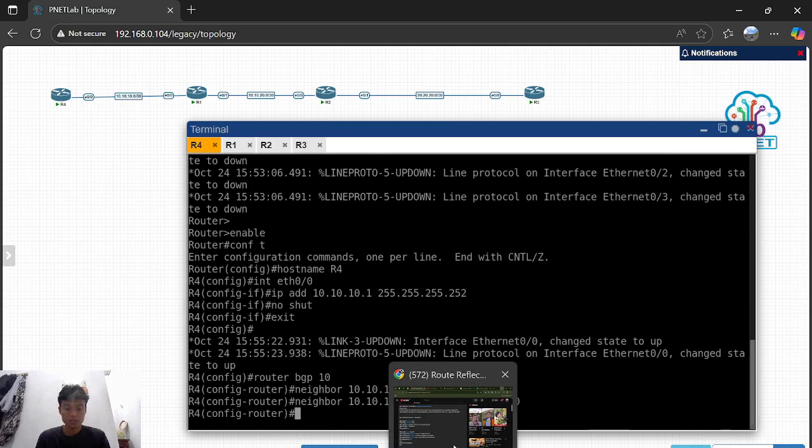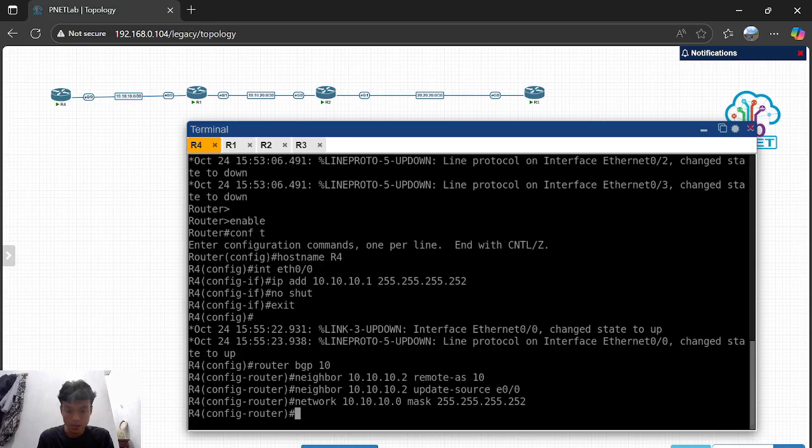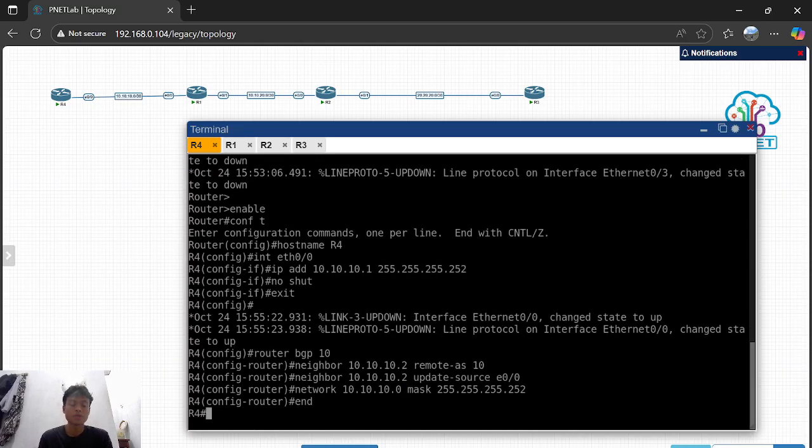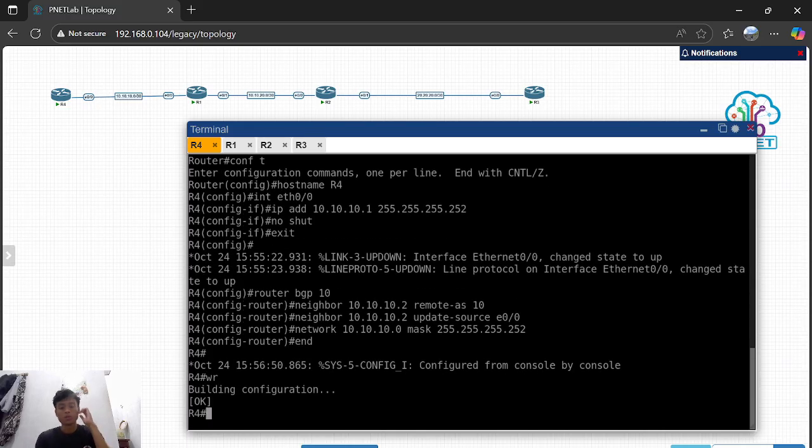After this, you can add the network with subnet mask. And you can enter. After that, you can end, and then you can save the configuration with this command. You can write WR. Like this, the text will show building configuration.